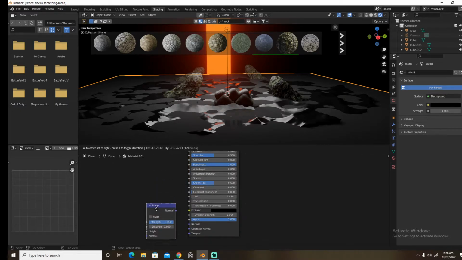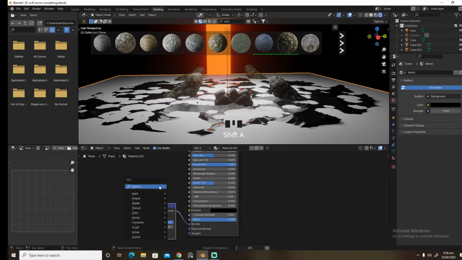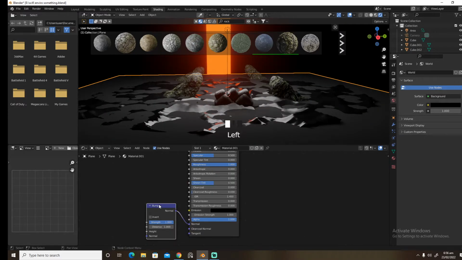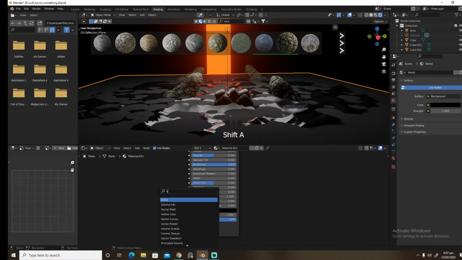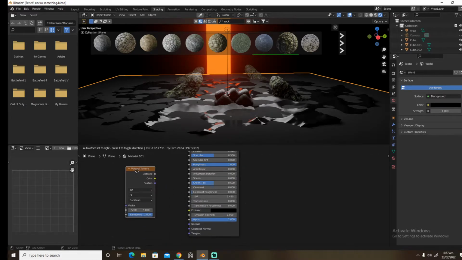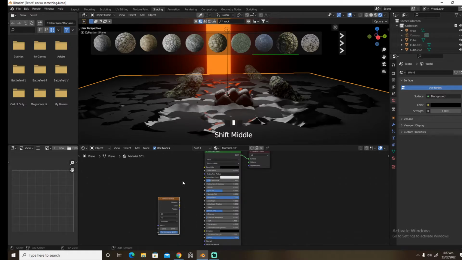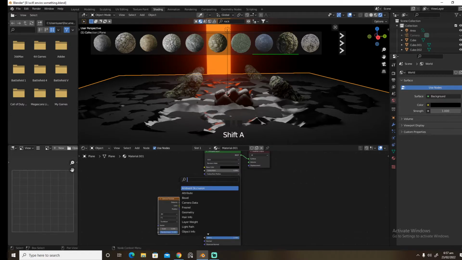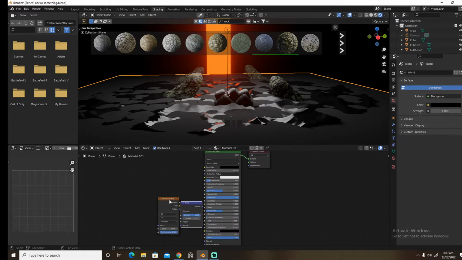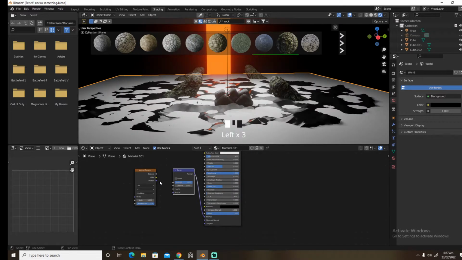I'm gonna hit a bump node, plug the normal into the normal, or maybe we should add a Voronoi texture and hit the bump node, plug the normal into the normal, plug the distance into the height,